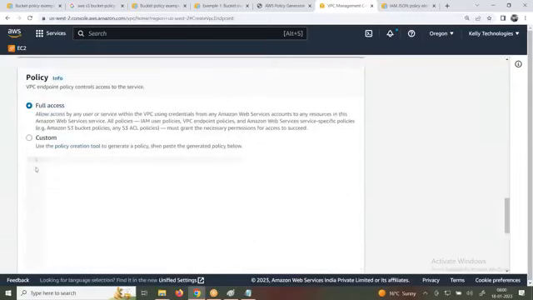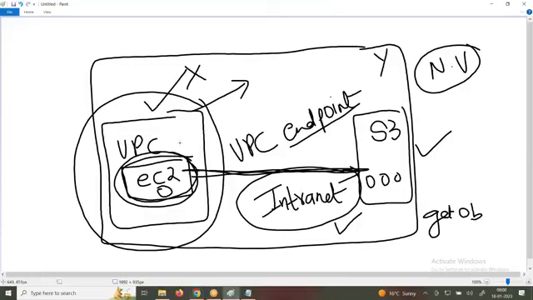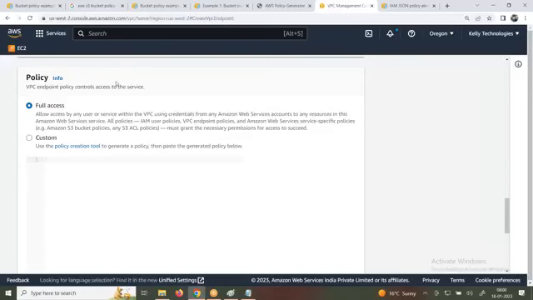And what is the permission this VPC will have? The VPC should have permission to do what on this S3? Only download. Then you paste your policy here. By default, it is full access. From the VPC you can connect to S3 and you get unlimited access. No, no, no, no. From the VPC I should not get that.